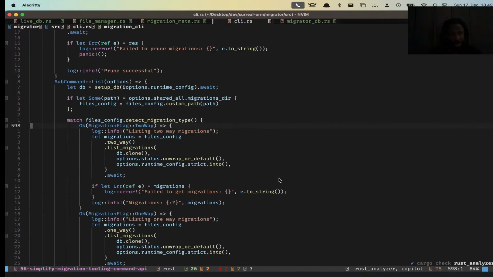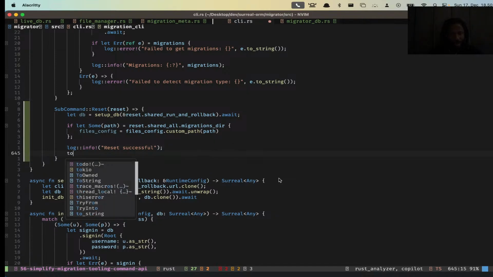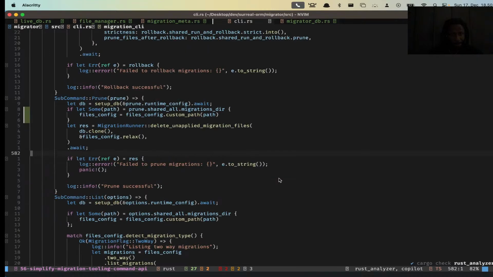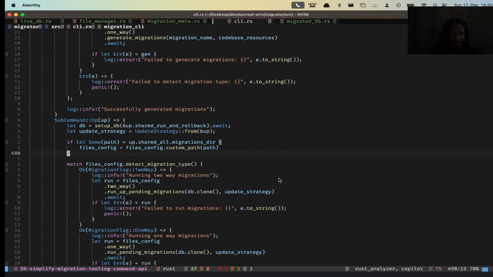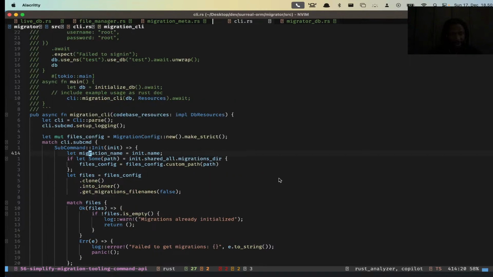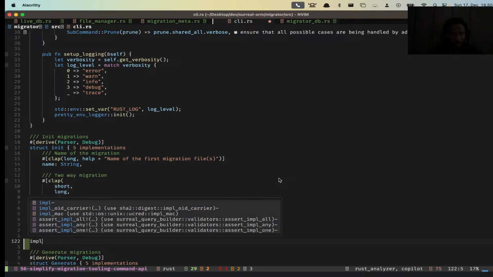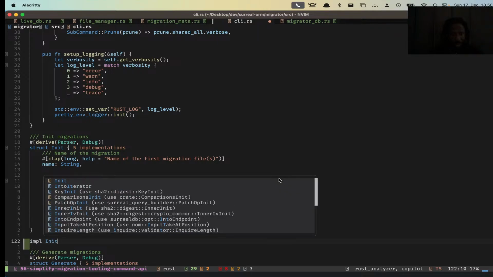So what we're gonna do, actually I'm gonna put a to do here. What we're gonna do now is make all these associated functions. Like this, we could go to init just to implement init